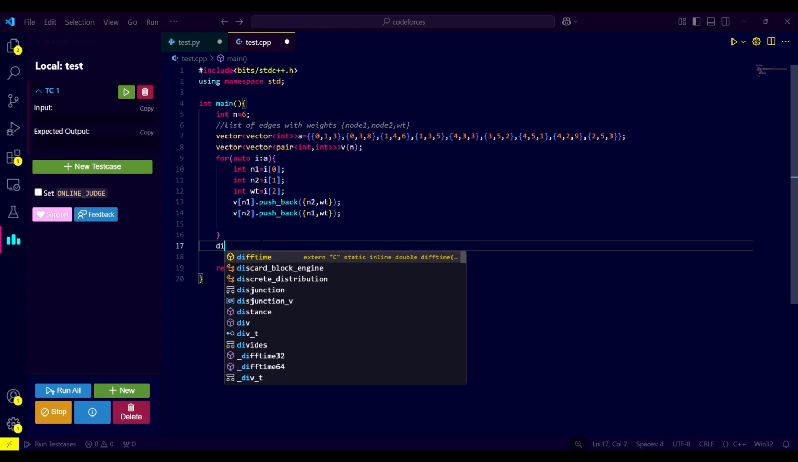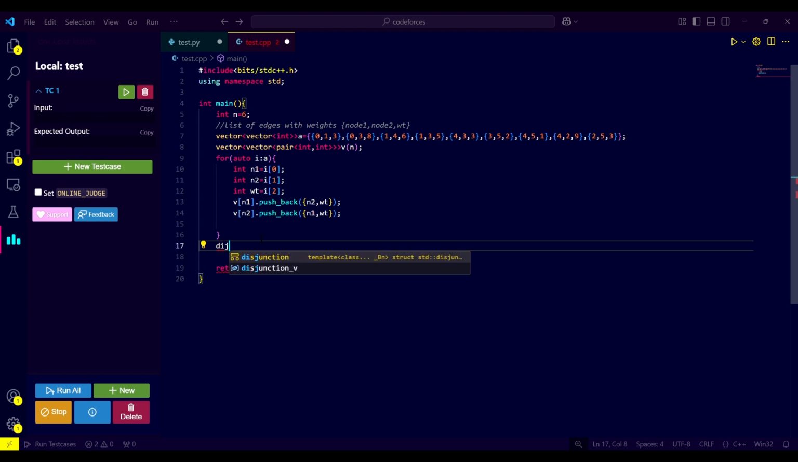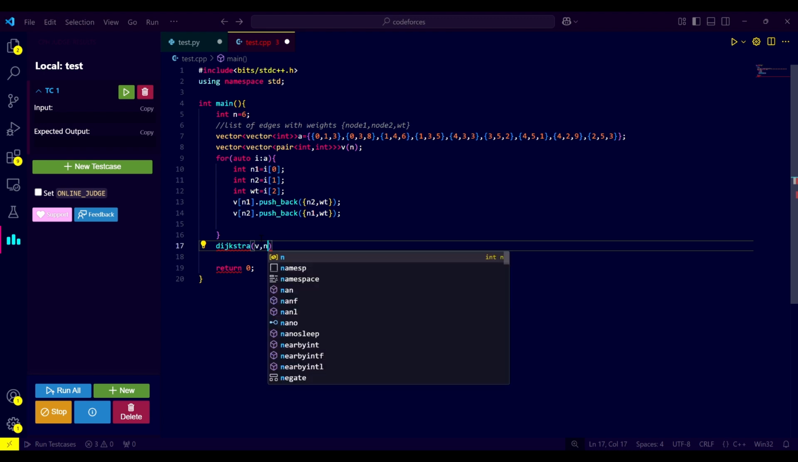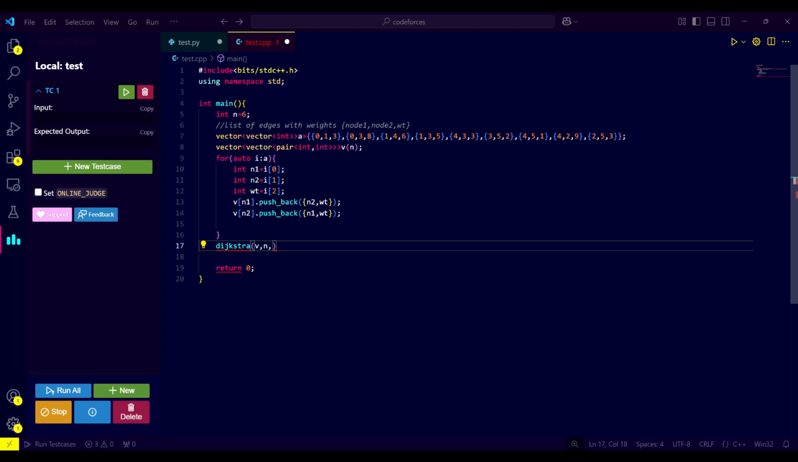So let's name the function as Dijkstra. What will we be needing? We'll be needing the adjacency list, that is V, the total number of nodes that are present in the graph, that is n, and the starting index, because we know that Dijkstra is a single source shortest path algorithm. What we mean by a single source is that we need to have the initial node. Dijkstra basically finds the distance of each and every node from the source node. So let's keep it as 0